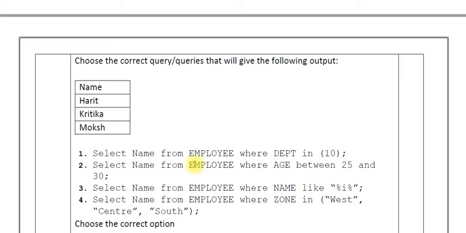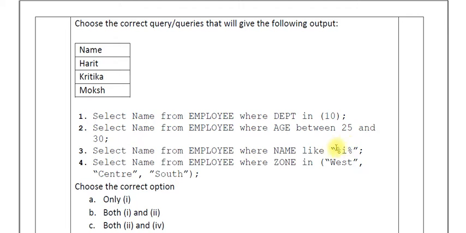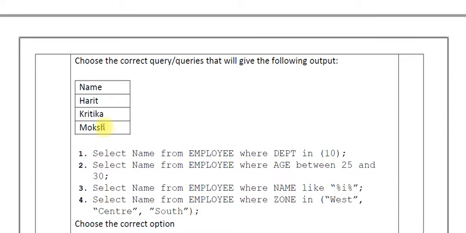Or select name from employee where age between 25 and 30. So let's check if it works or not. 25 and 30. Harit is 28, Kritika is 30 and Moksh is 28. So definitely it says between 25 and 30. So the between command can be used to get this answer also regarding the age. Next we have select name from employee where name like modulus I modulus. So let's check if there is an I. No, this one is not going to work because Moksh does not have I in it.